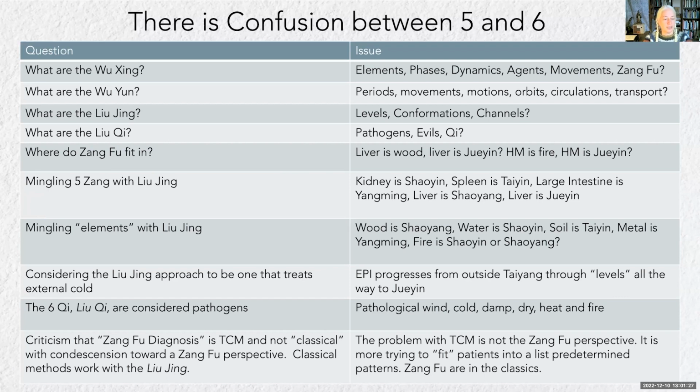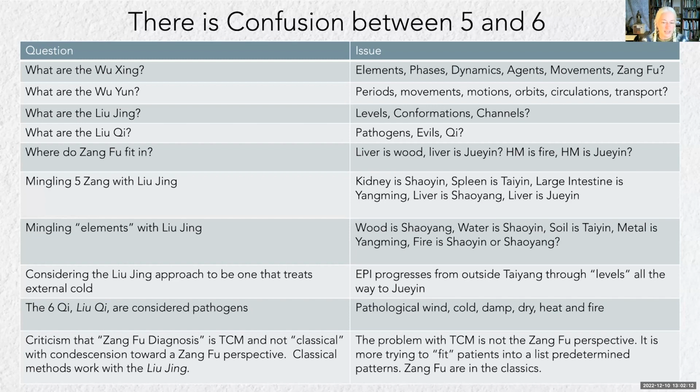There's also, in the world of people that practice classical Chinese medicine, kind of this split between TCM versus classical, and that Zongfu diagnosis is sort of put in with TCM, so it's kind of looked down upon. Like, I don't do Zongfu diagnosis, I do classical. It's based on the Shanghan and maybe on the Neijing, and so I don't do Zongfu diagnosis because that's modern Chinese medicine and it's not as good as the classical.